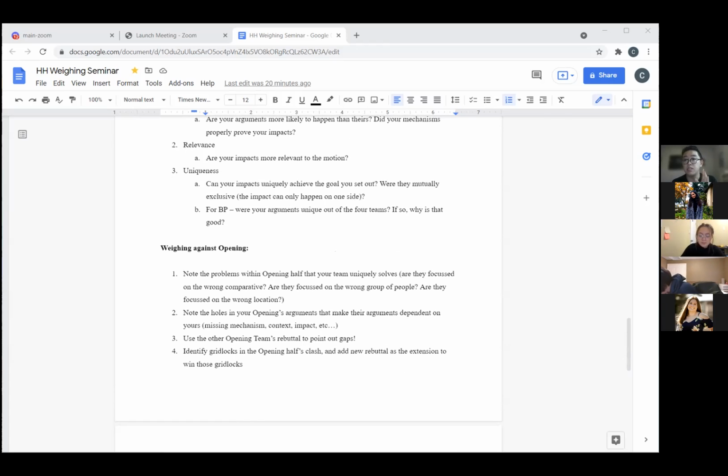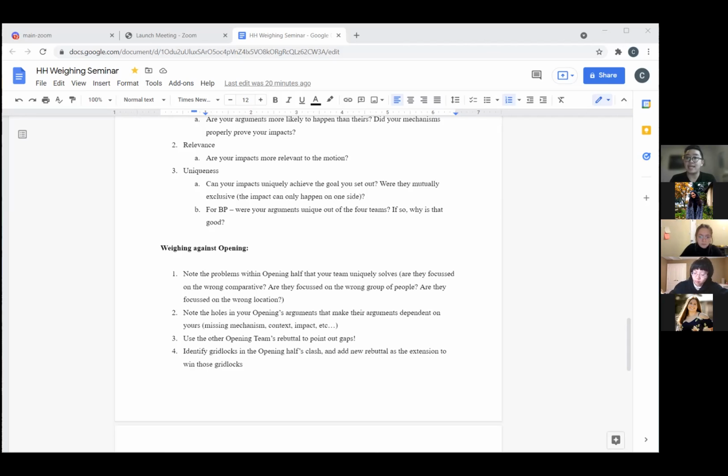But before I get into those, I think one thing people oftentimes forget to consider in British parliamentary is when you're a closing team, your opening is oftentimes an even larger threat to you than the other side's teams. The tendency of a lot of people is to just focus a lot on refuting the other bench as opposed to explicitly weighing against their opening. But weighing against their opening, if I'm on CG, weighing against my OG is about as important to me as refuting the opening opposition or refuting the closing opposition. And thus, I recommend you dedicate about as much time weighing against your opening as well.